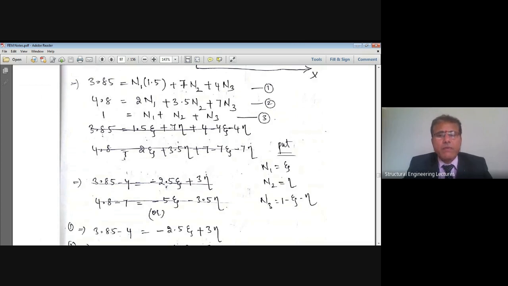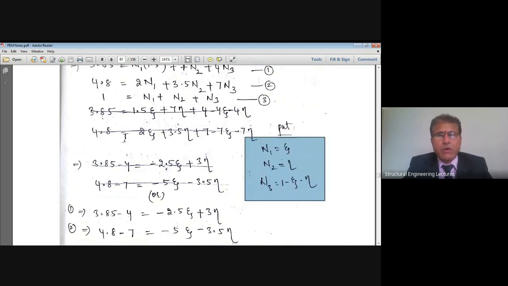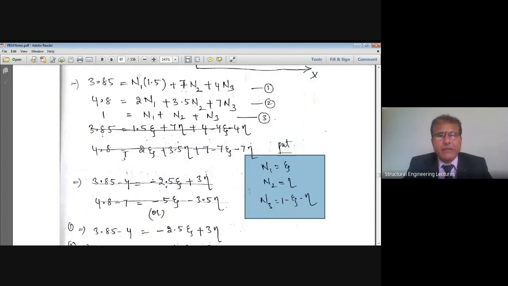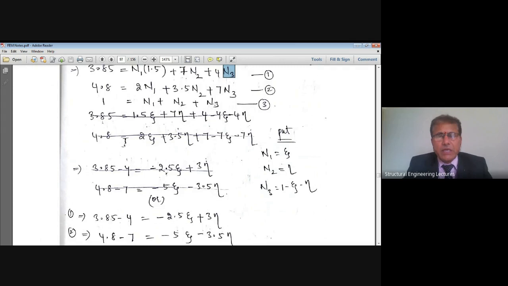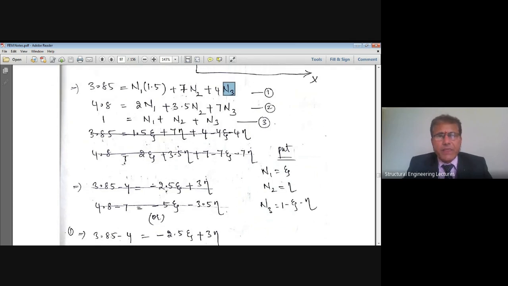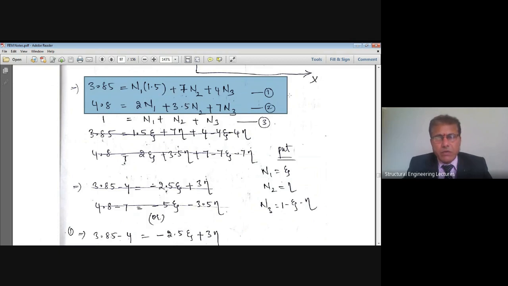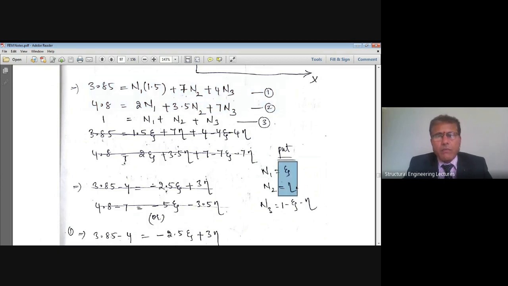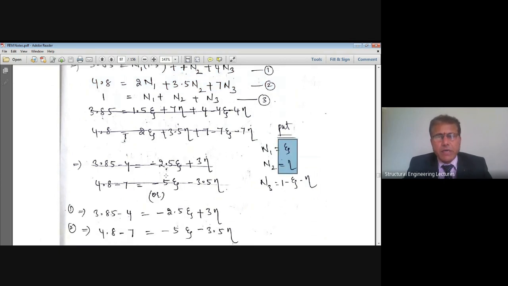Or alternatively, we know that these shape functions, which were expressed in terms of the local coordinates xi and eta, are now recalled: N1 is xi, N2 is equal to eta, and N3 is equal to 1 minus xi minus eta. Hence, substituting these in the above two relationships, two equations are there in terms of two unknowns, xi and eta. It can be solved, right?